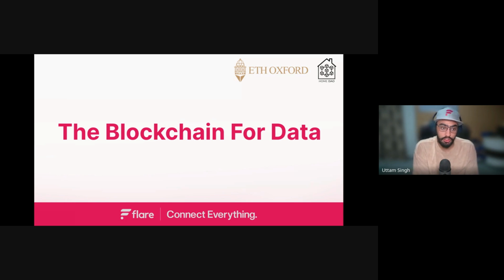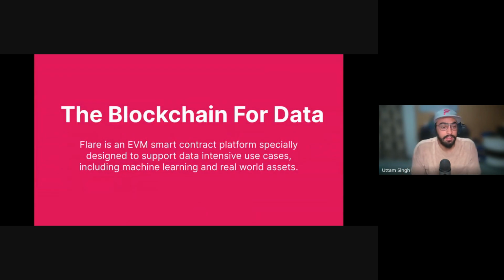Let's start the session. The blockchain for data, which is basically Flare. So what exactly is Flare? Flare is the blockchain for data. We call it a blockchain for data. Flare increases what is possible with the blockchain by natively providing data as a public good. Flare is an EVM L1 chain, similar to Ethereum as a settlement layer, but unique